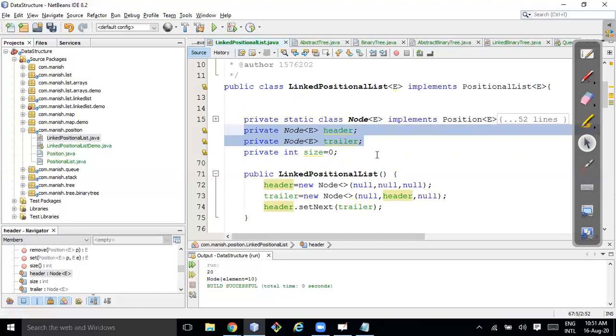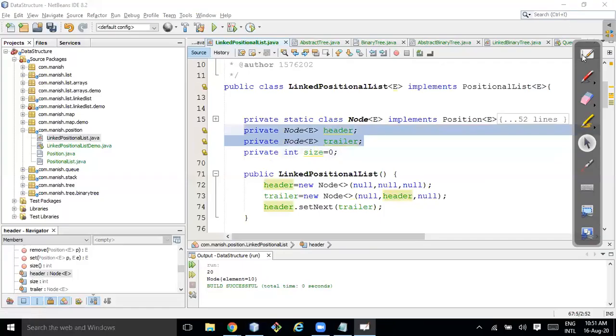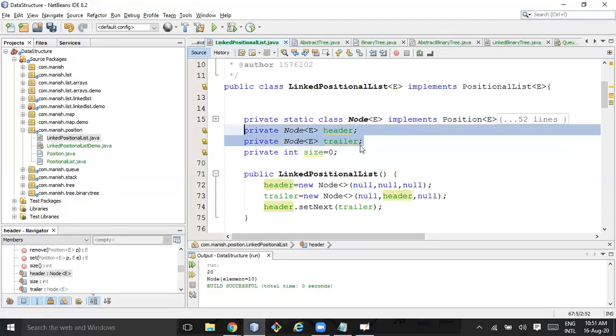Now, the new concept. Manish, sorry to interrupt. Can you explain once more the header and trailer functions? For some reason I made them private.